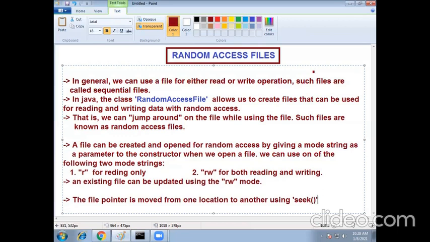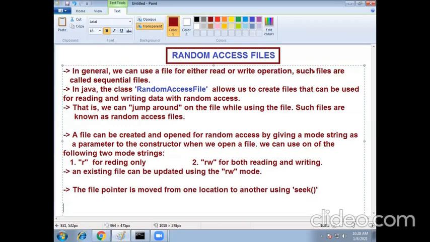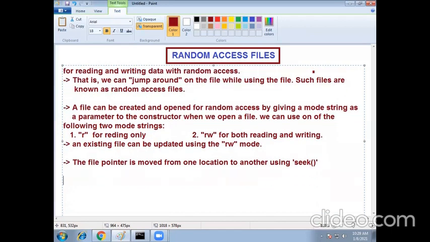Okay, this is available in the RandomAccessFile class. Now we can open a file using the constructor.